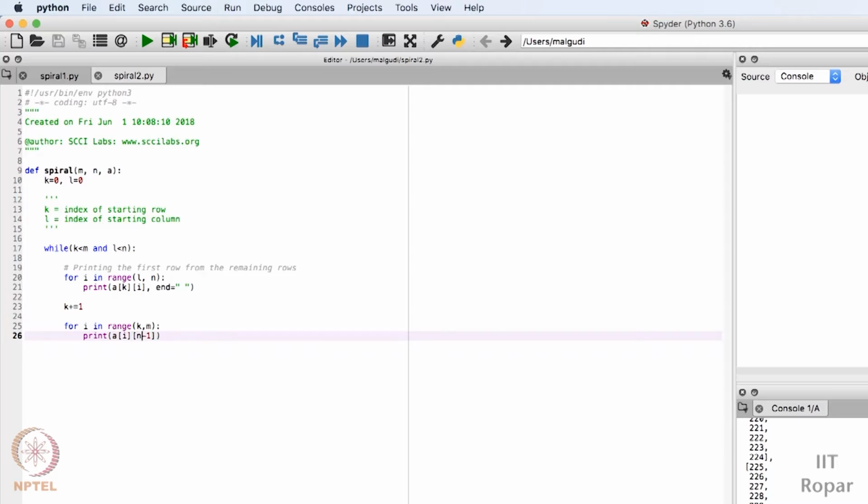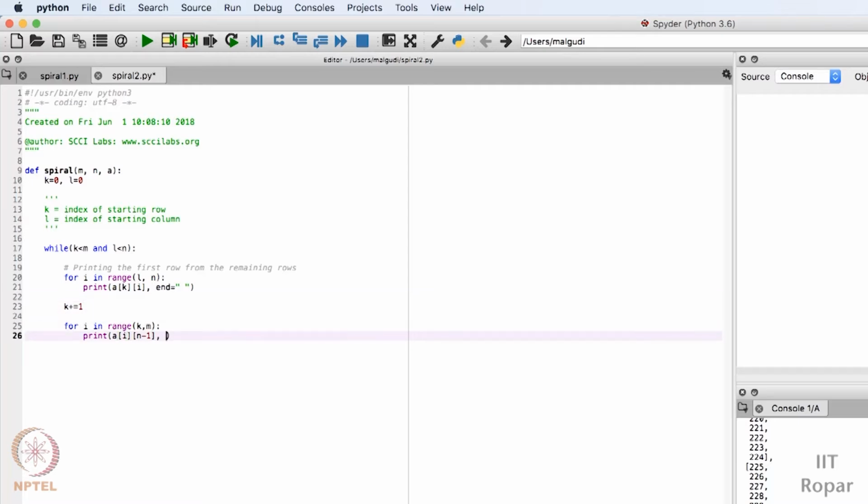Because again, I have to say this, n is the number of columns. Suppose my number of columns is 4. Since the list always starts from 0, suppose the number of columns is 4 and the number of rows is 4 also. In order to be in the last column, I have to put 3 here, because array lists always start from 0. So 3 here I have to put, for that I am putting n minus 1. Here I put k only because k is already 0, so I don't have to take care of minus 1 here, but here I have to take care of it.